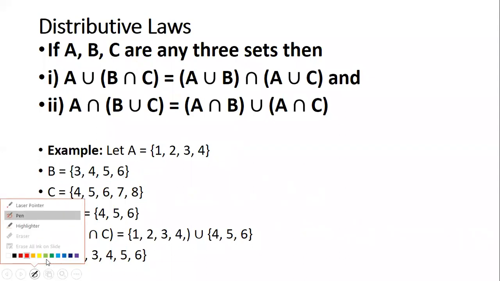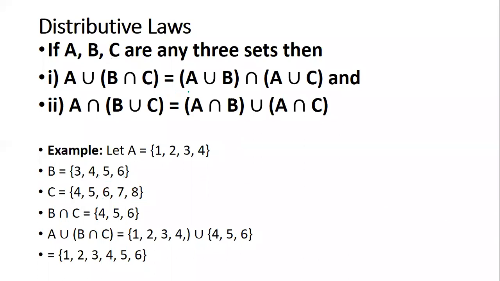Okay, good. Now let us quickly solve the second part of the expression. The second part of the expression is A union B intersection A union C. So first, which are we supposed to solve in this? What are we supposed to solve first in this expression? A union B, anything which is inside the bracket. Okay, you can also solve A union C first, no problem. But you cannot go with intersection first. You'll have to find out unions and then go with the intersection. Okay, we'll start with A union B, as you all say.